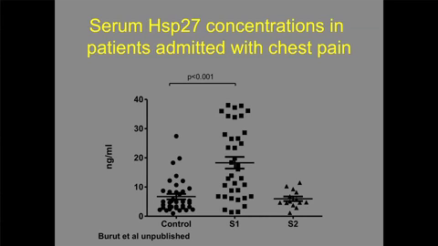And we then measured the levels of heat shock protein in serum in patients who were admitted with chest pain. What you see here is the control group, and these are individuals with chest pain who were admitted, and this is a few days later. So there seems to be an acute effect of releasing heat shock proteins. Heat shock proteins are present at very high concentrations in the myocardium. And what we're proposing is that the heat shock proteins are released during that